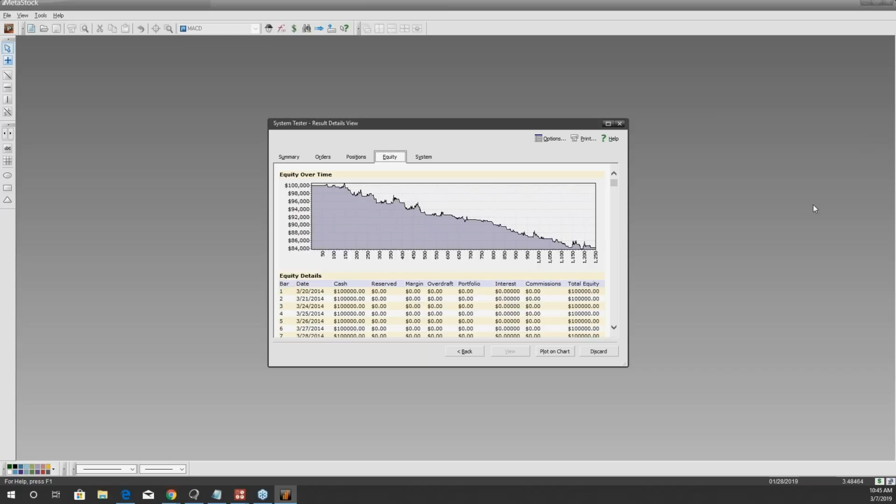We want it to be flipped, right? And that's how you know you have a good system, when it's flipped like that. Because it's continuously taking trades and continuously making you profits, whereas this MACD short on Visa was doing the opposite of that. So that will definitely help me make my decision. MACD going short does not work well with the way Visa is traded. And that's how we use a system tester.